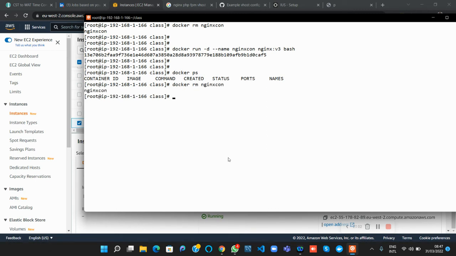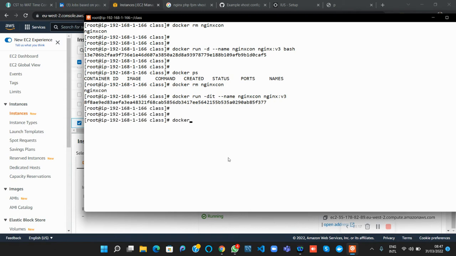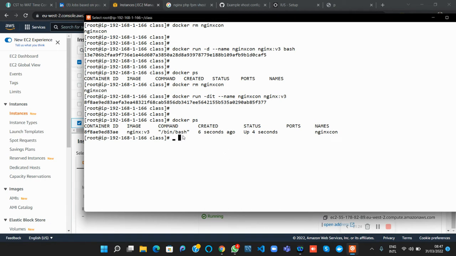Let's do one more thing. Okay, so Docker PS. All right. So there was no process, so we needed to initiate a process. All right. So I want to show us something. So what I want to show us is about Nginx process and